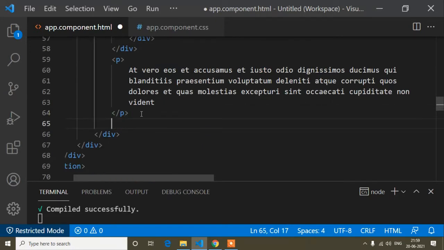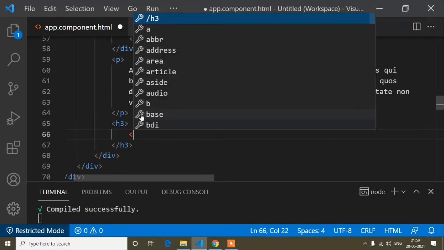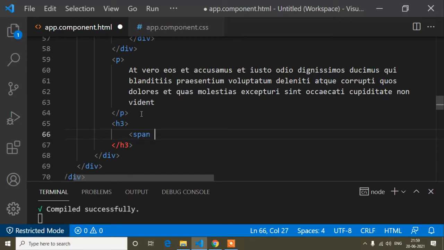Now below this I will write an h3 tag. Here I will write span class selling amount, and here I will write the selling amount, which is $230.